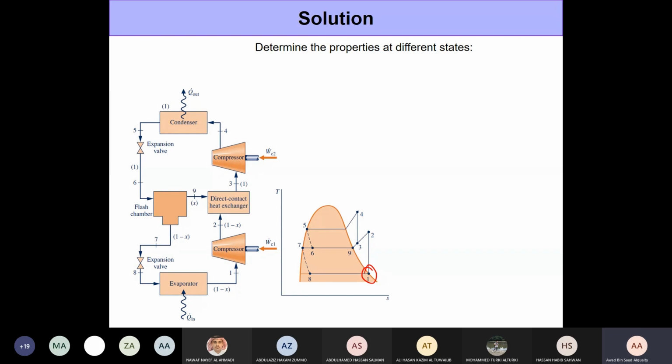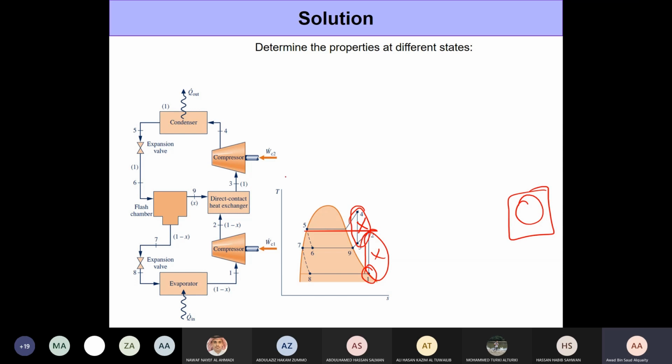Now, a lot of students tend to make this mistake here. Since you are coming from chapter 9, you want to use the ideal gas equation everywhere. But remember that the ideal gas equation does not apply in the superheated vapor region. Okay, the ideal gas equation will apply only for certain cases where the pressures are low and the temperatures are high relative to the critical pressure and temperature for that substance. And for R134A, if I want to plot it in the same graph, it would be somewhere here. Okay, and we don't deal with these states when we're dealing with the refrigeration cycle.